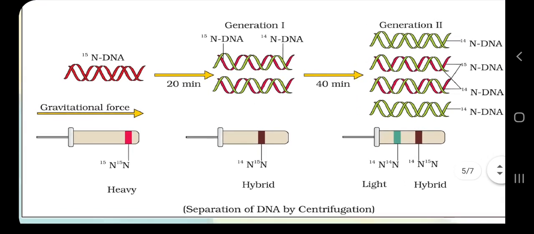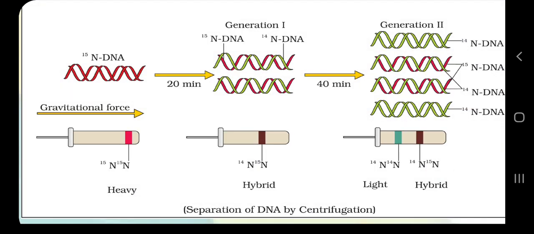So here you can see simply two cycles, after 20 minutes and after 40 minutes. Now you have the idea, the 20-minute time is the duplication time of E. coli cells. Previously we have 15N DNA. How? By providing NH4Cl, of course, with heavy nitrogen, and after 20 minutes we have two new strands. If there is a semi-conservative mode of DNA replication, then only we have this.